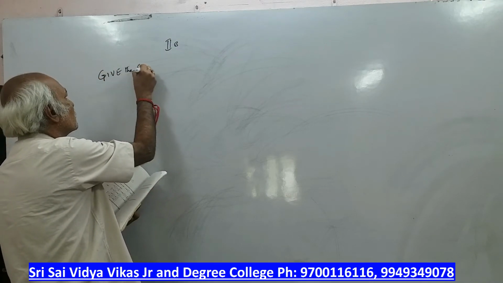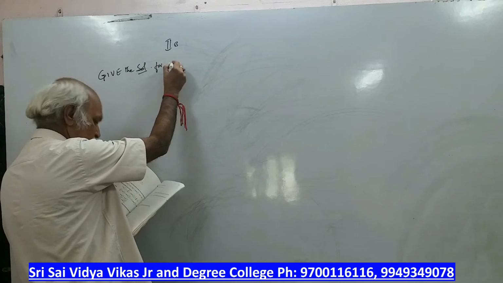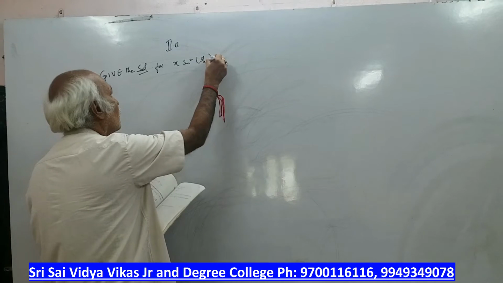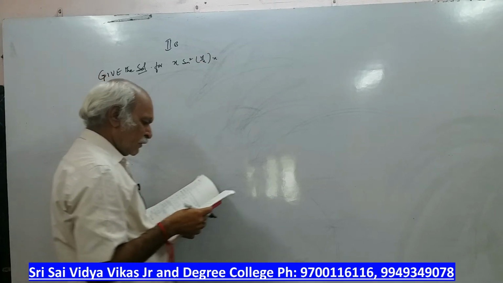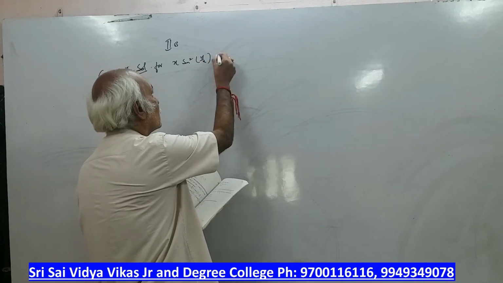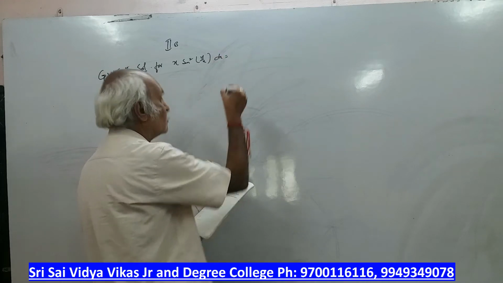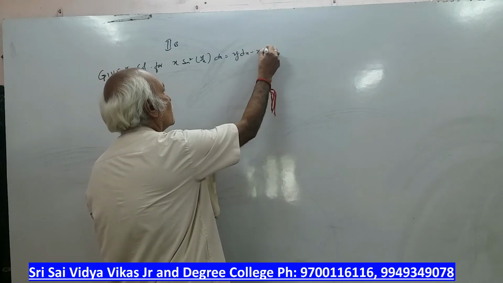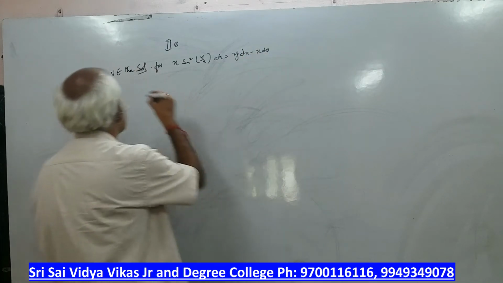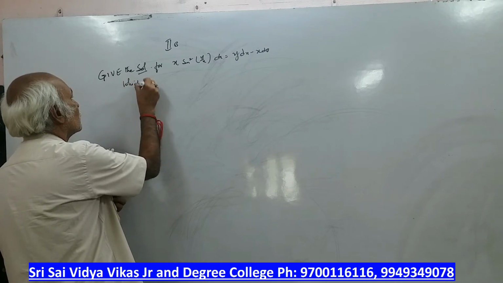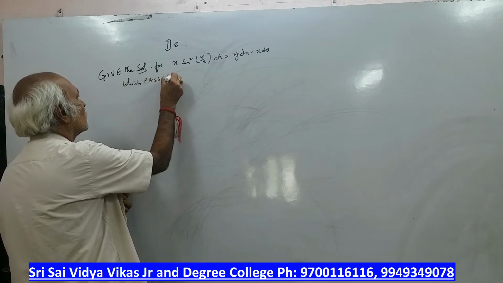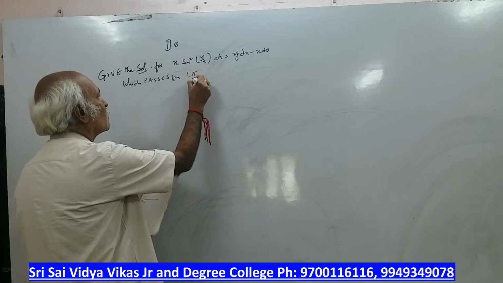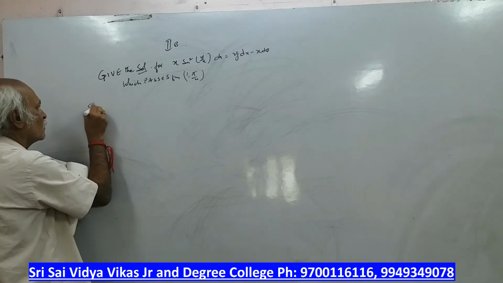Give the solution for x sin square y by x dx is equal to y dx minus x dy, which passes through 1 comma pi by 4. Solution: